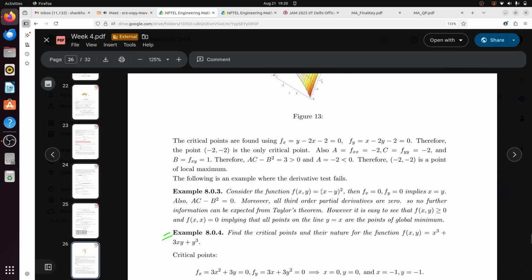The derivative test fails for (x minus y) whole square, because it has only one critical point at 0. Basically (0, 0) is a saddle point. Oh sorry, f(x, y) is greater than or equal to 0 and equal to 0. You can imply that this (x minus y) whole square gets the minimum value at 0, otherwise they are all positive. So for (x minus y) whole square, if you take y equal to x, they are all actually